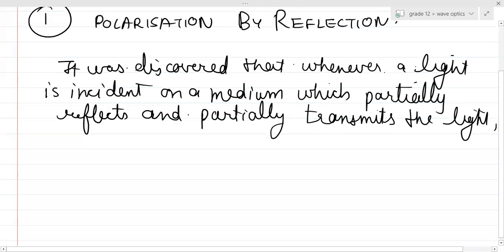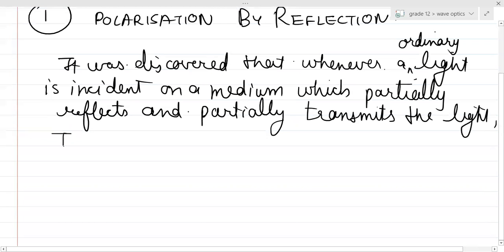So whenever an unpolarized light, an ordinary light, is incident on a medium which partially reflects and partially transmits the light, then